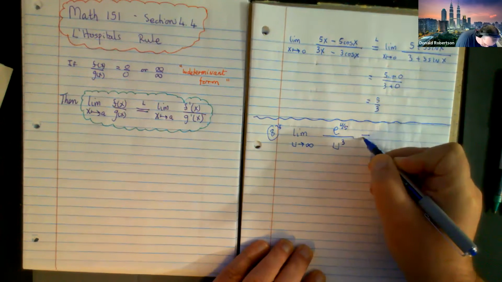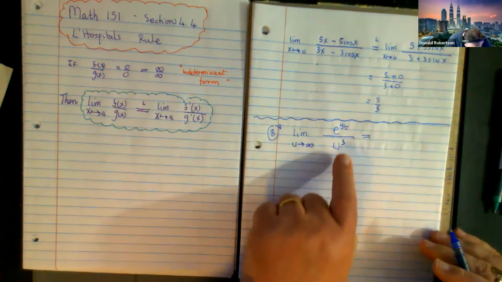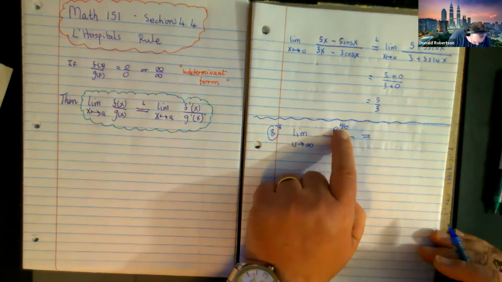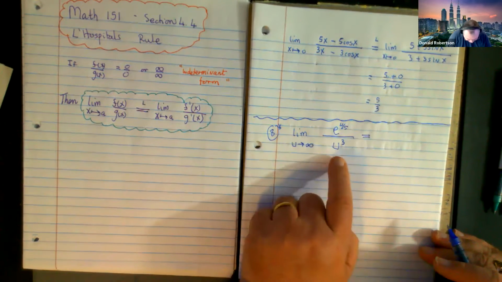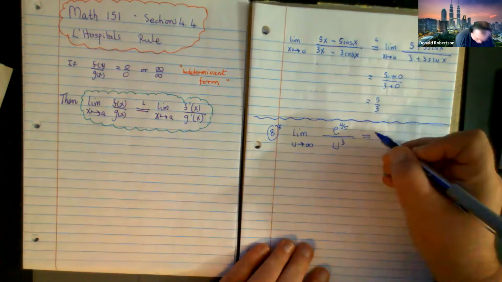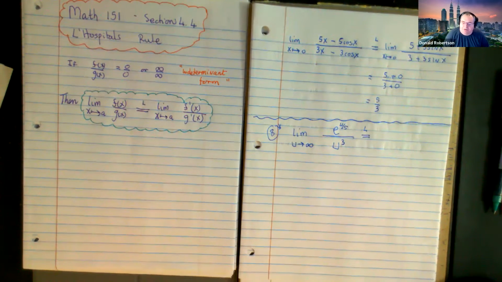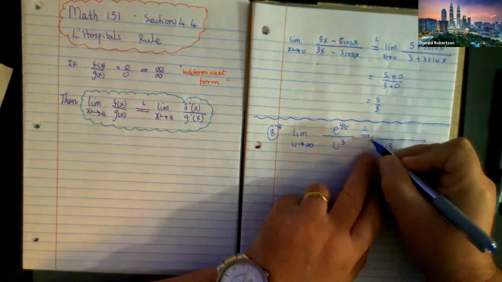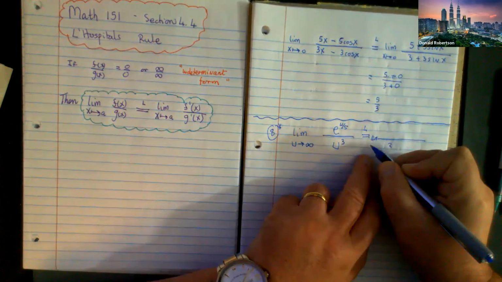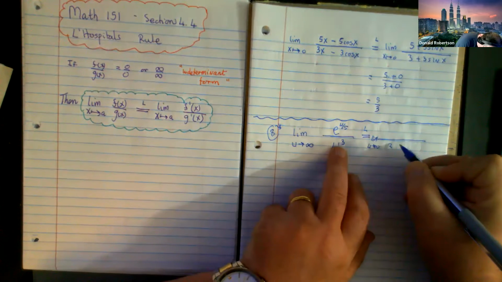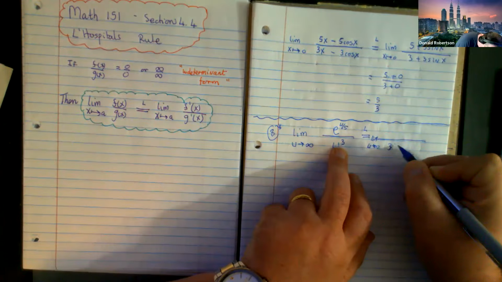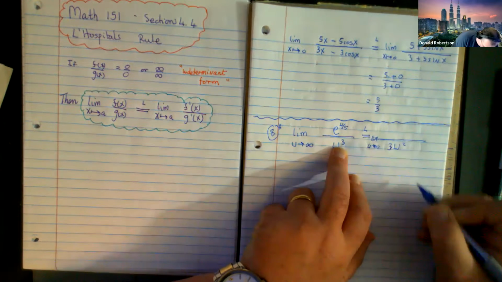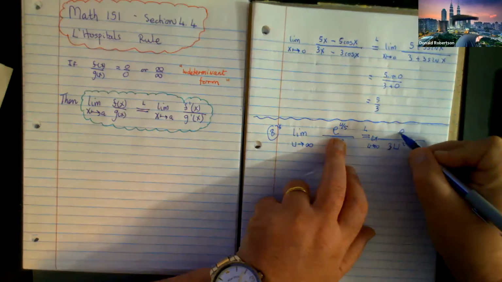Now, if you put infinity in here, e to the infinity is infinite, infinity cubed is infinite. We are definitely in indeterminate form. Now if you, oops, almost forgot to put it in. If you differentiate the bottom, you get 3u squared. And if you differentiate the top,